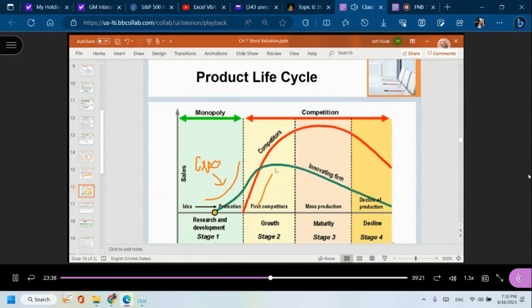So until they came up with their own technology, which is actually Google's Android technology, Apple iPhone was the only smartphone in the market, right? So they had a brief period of monopoly, and then the competitors enter the market, and now the competitors are growing at a very steady and fast rate because